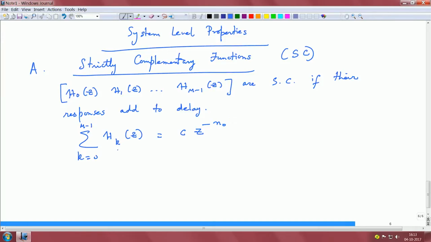Recall, I just put the subscript k here, unlike in the Nyquist M case where the k was folded into the argument, with z omega power k. I just put a subscript k here because it could be generally any filter, any band pass filter. If this satisfies such that c is not equal to 0, of course this is a trivial condition, then they are called strictly complementary filters. So, for the M equals 2 case, with c equals 1 and n naught is N upon 2,